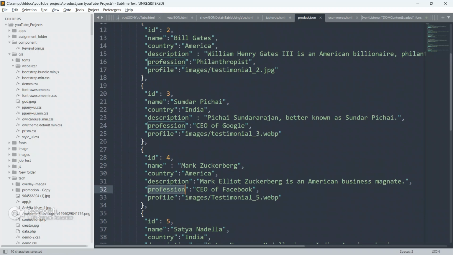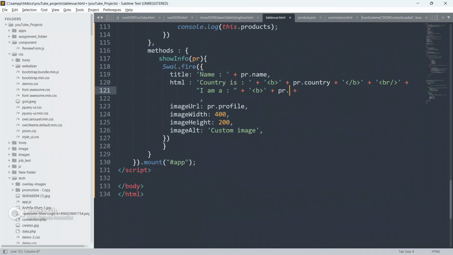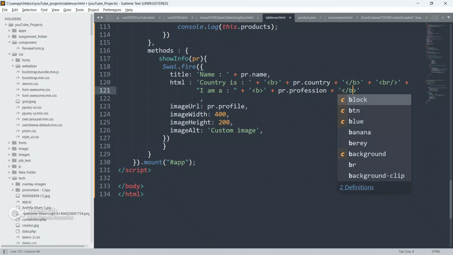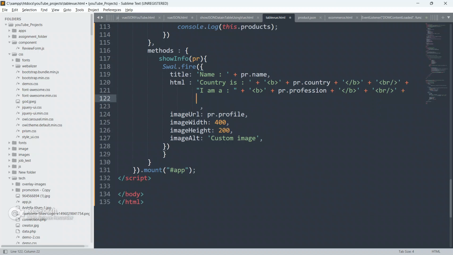It will say CEO of Facebook, CEO of Microsoft, ServiceNow developer, philanthropist, and actor and producer. So dot profession, and close this B first. Put B, and again we have to give plus, and put BR for line break, and put plus also for concatenation.